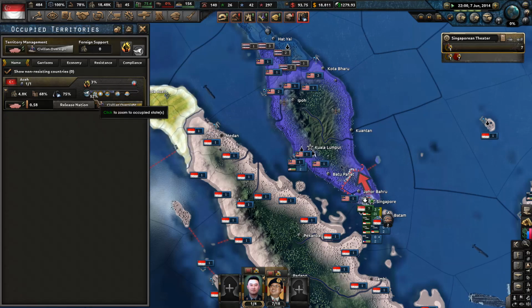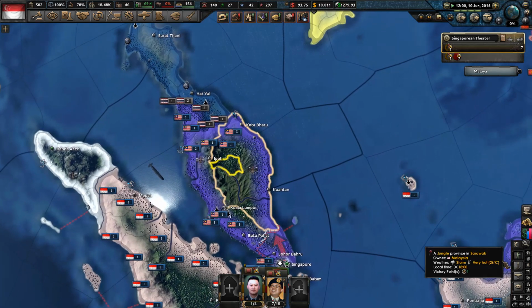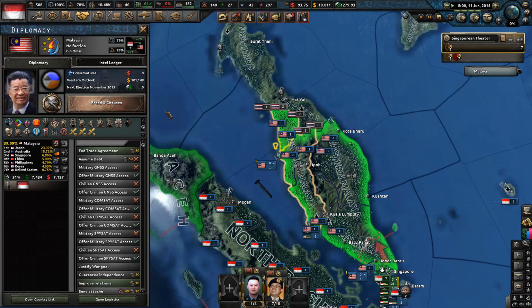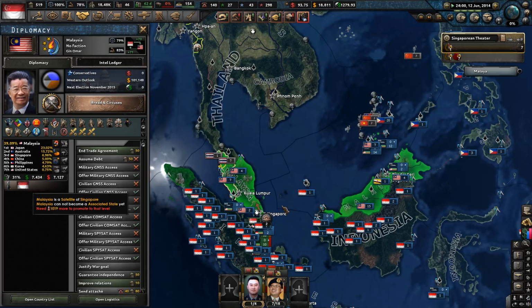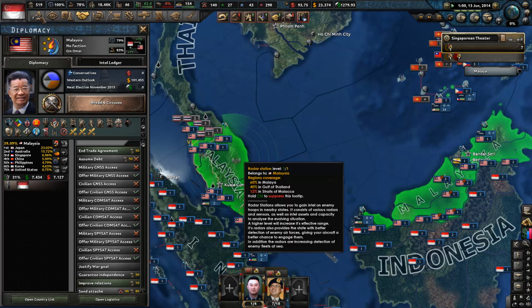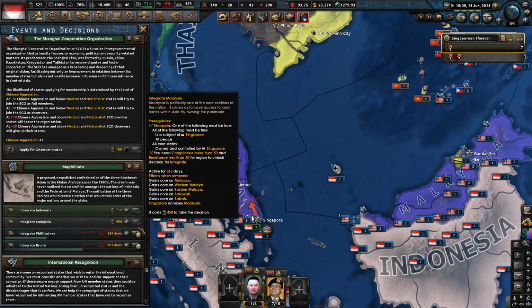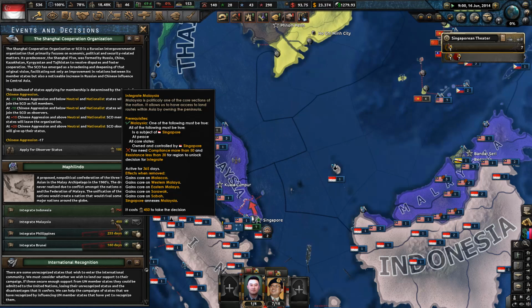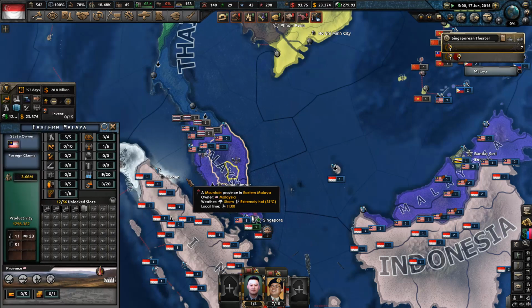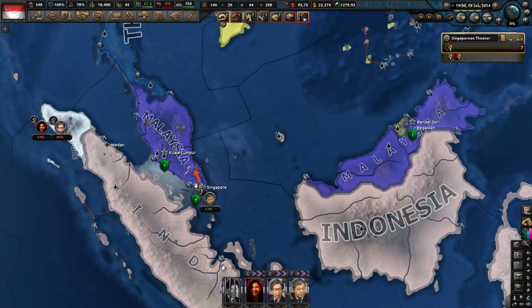Because now we have compliance 52 and resistance 2.9. So if it is talking about us, then okay, we are fine. And if it's talking about Malaysia, then they have no occupied territories at all. So how could they even get? I feel like I'm missing something here, and I don't know what. Compliance for region. Do my agents do something? I mean...